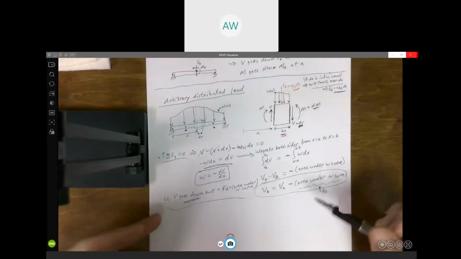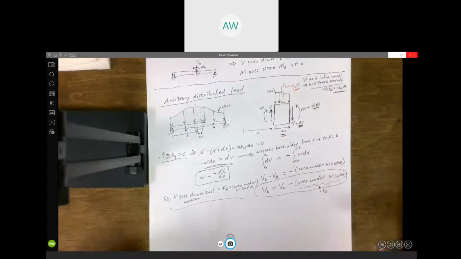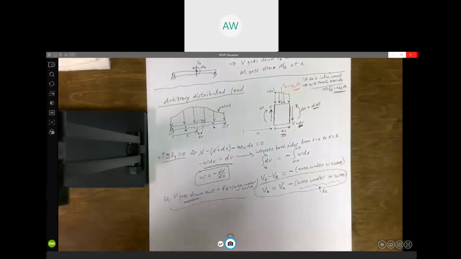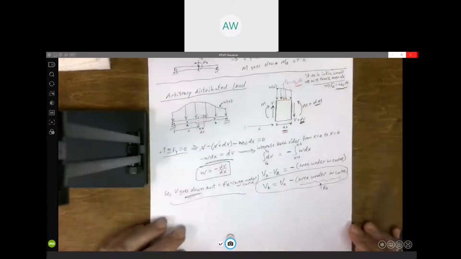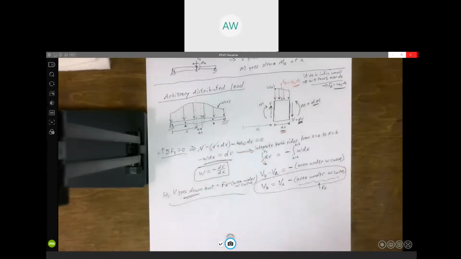Again, it goes down here because I applied my distributed load acting down. The opposite would happen if it went up. All right, any question about that result? All right, no